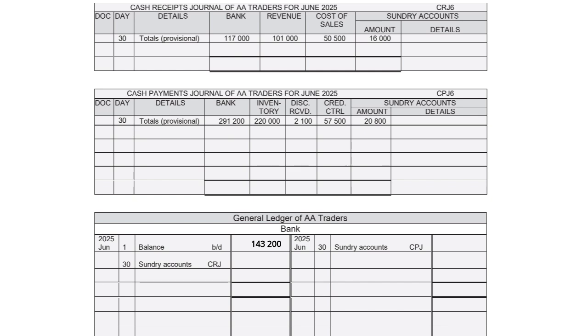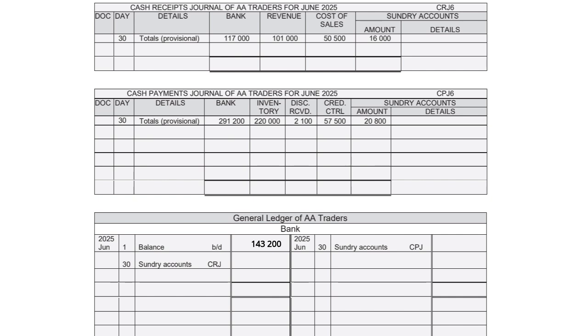So now, before you read the additional information, your first step is to compare the extracts given to you. So you compare your bank reconciliation statement to your bank statement. Then you compare your extracted cash receipts journal transactions to your bank statement. Tick off, that's the same. And the same with your cash payments journal. Compare your cash payments journal to your bank statement. Tick off, that's the same. So that you know when you go to your additional information, which is 5 entries, it's only those things that will either have to be fixed in my CRJ, my CPJ, or my new bank reconciliation statement for this month,